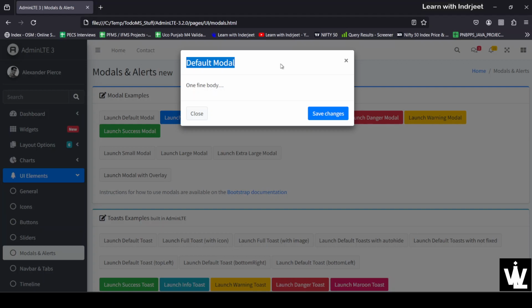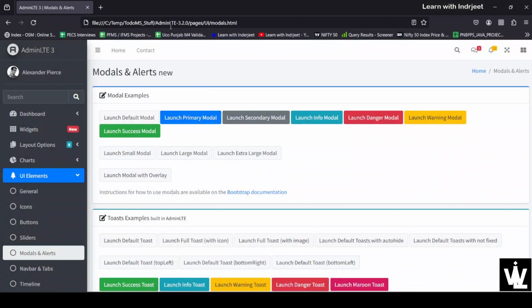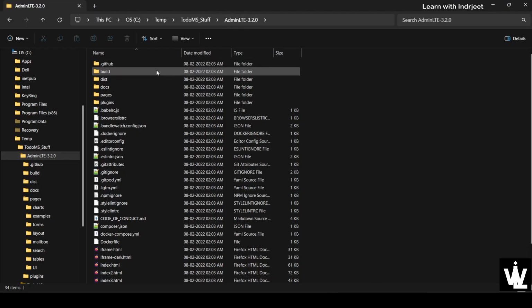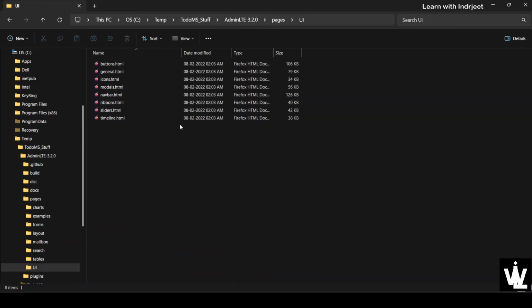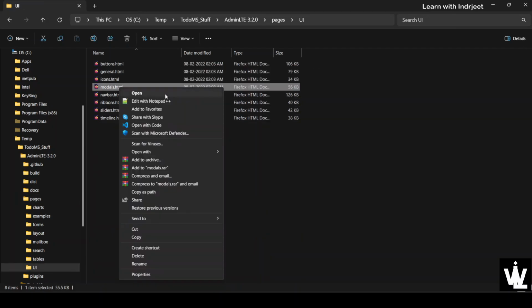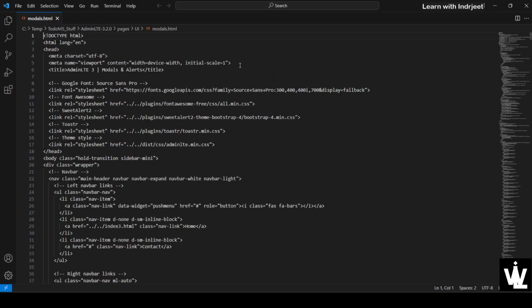So let me just copy this text, and we'll have to go to the pages and UI folder and open the modals.html file. So in the AdminLTE pages, UI, modals, let's open with code and search for